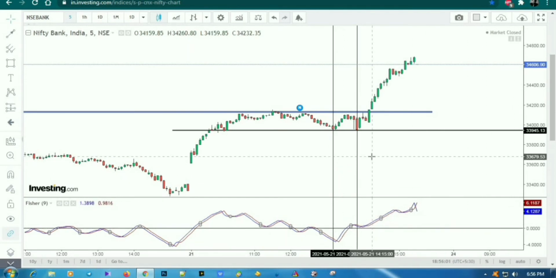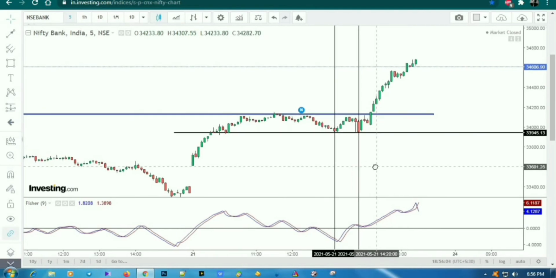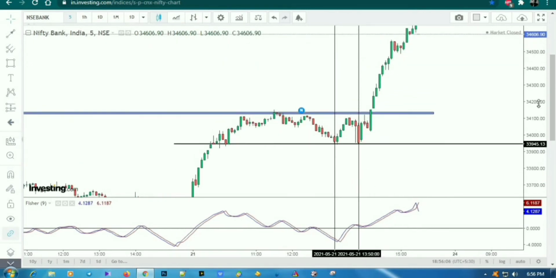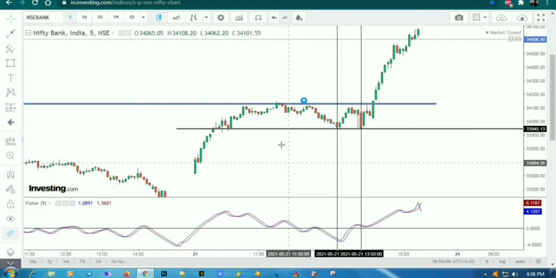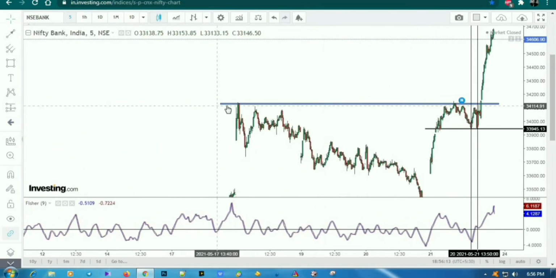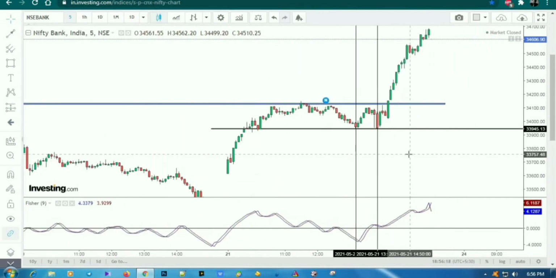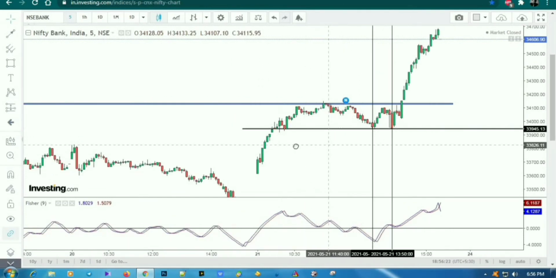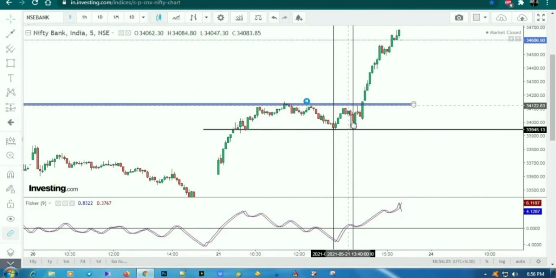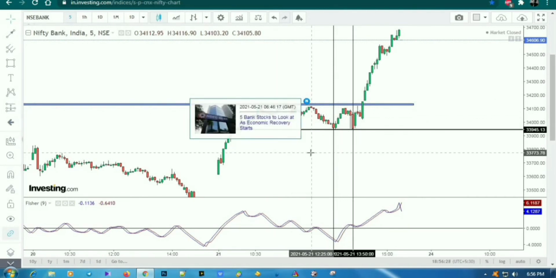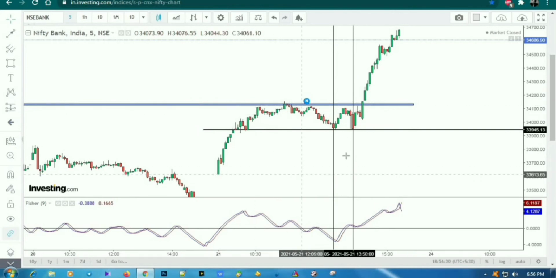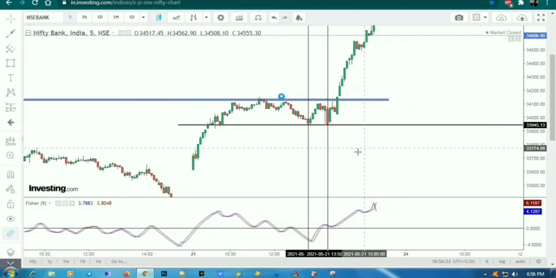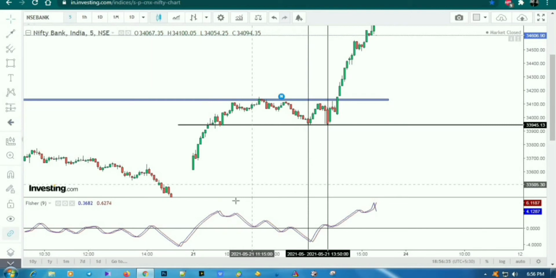And I have also plotted a few vertical and horizontal lines, and at the top you can see a blue line, rather a blue zone, for Nifty Bank, and it was a strong resistance. Previously it took resistance from this level, so it was a gap up opening for Nifty Bank. It went up, it took resistance from this particular level, it came down again, it went up. So at this level, Nifty Bank was trading in a particular zone.